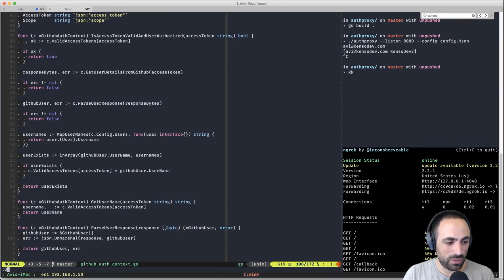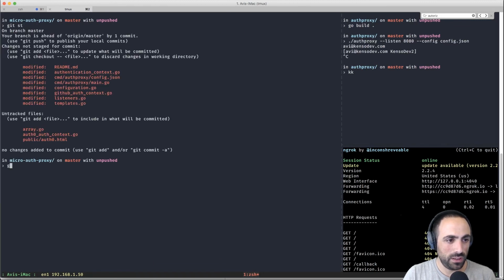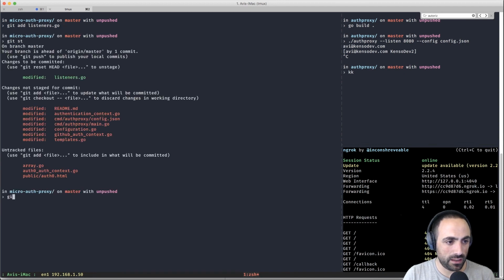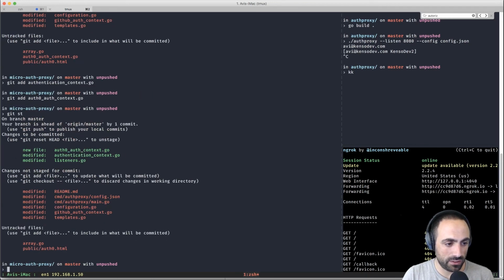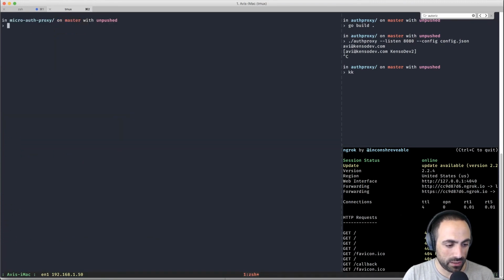Okay, so let's do this and do this and here, and add the readme and add listeners and add authentication context and add Auth0 context and public Auth0 HTML and git add array.go.